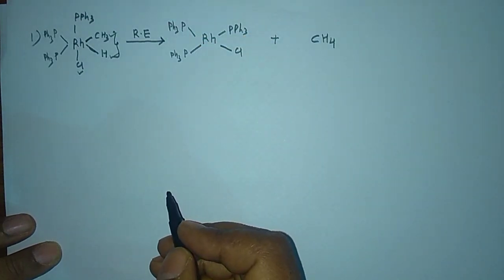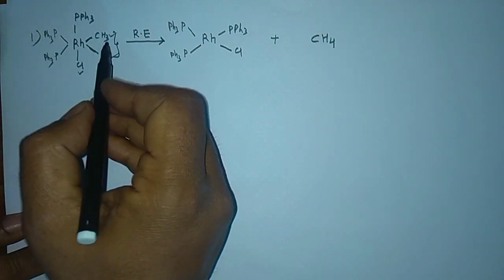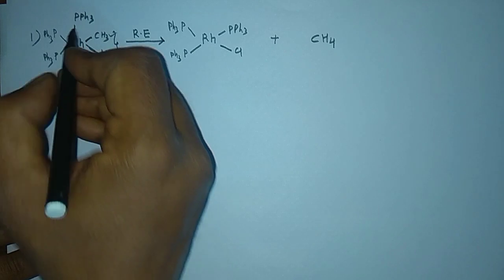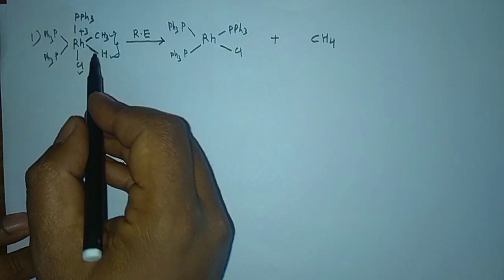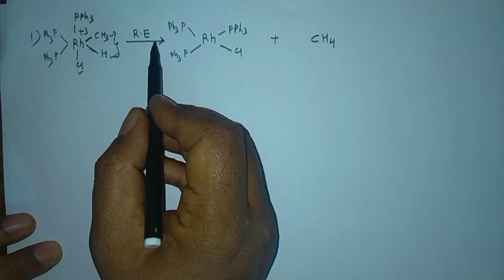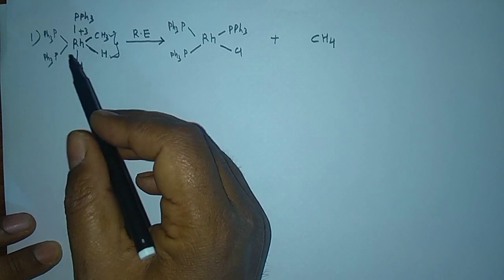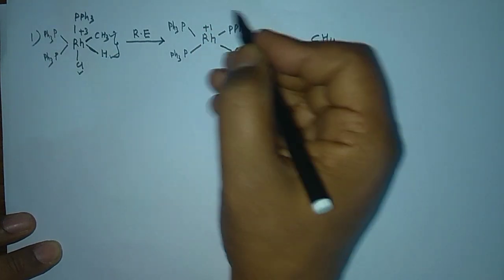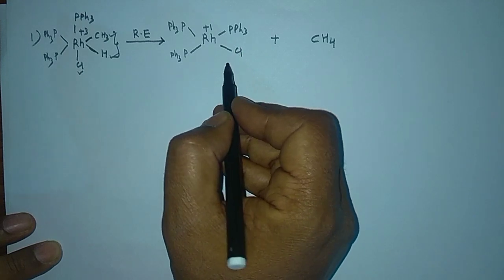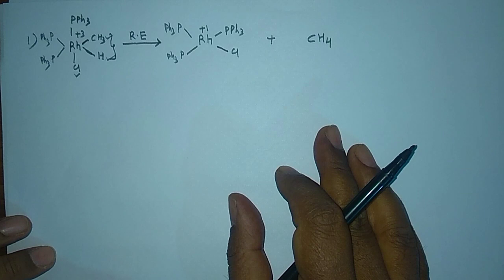So what had happened in this particular reaction, you can very easily observe. Here you can see this is -1, -1, -1. Rhodium was in +3 oxidation state. And when it undergoes the reductive elimination reaction, this oxidation state must be reduced by 2 units. So you can write here +1. So it is only +1, only one chlorine is there. And I have already told you how we can determine the oxidation state, all these things in my lectures.